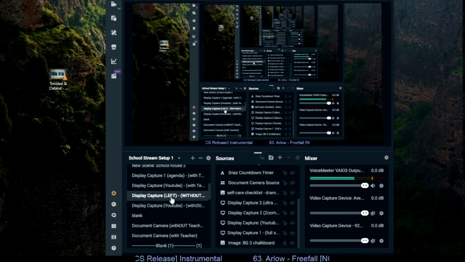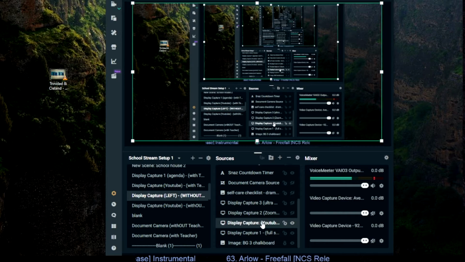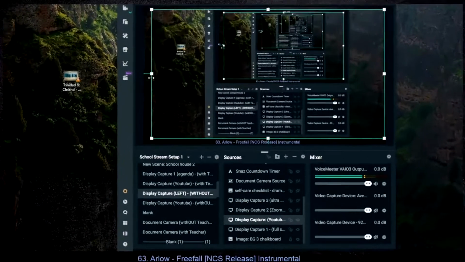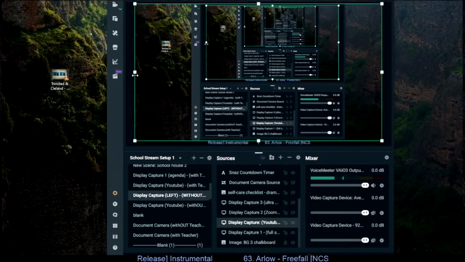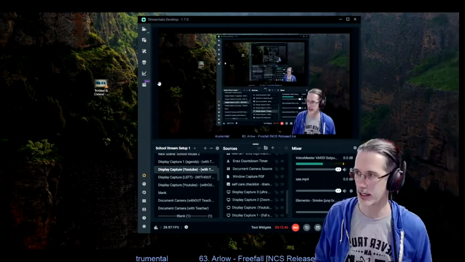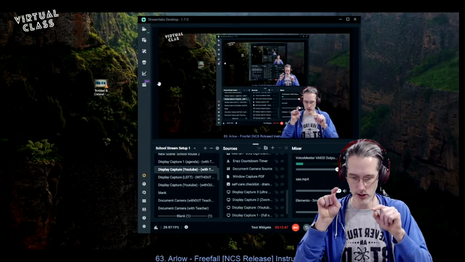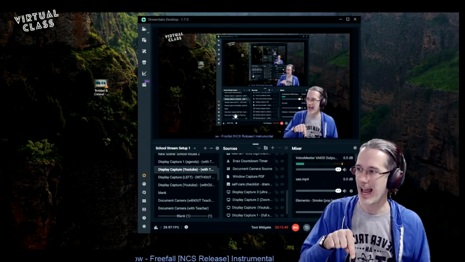If I'm working on something and I want it to be zoomed in a bit, like let's say I want a closer image of this, I go to my display capture, whatever layer it is that I want to mess with, and I can shrink it using little side arrows, or I can make it bigger. I can also crop it, and the real trick is that I press Alt on the keyboard